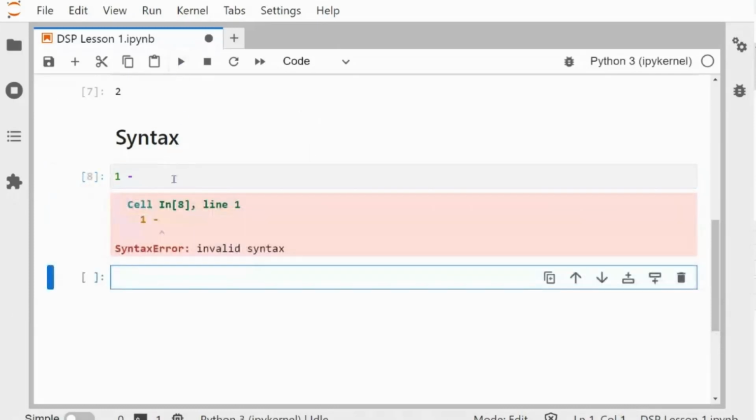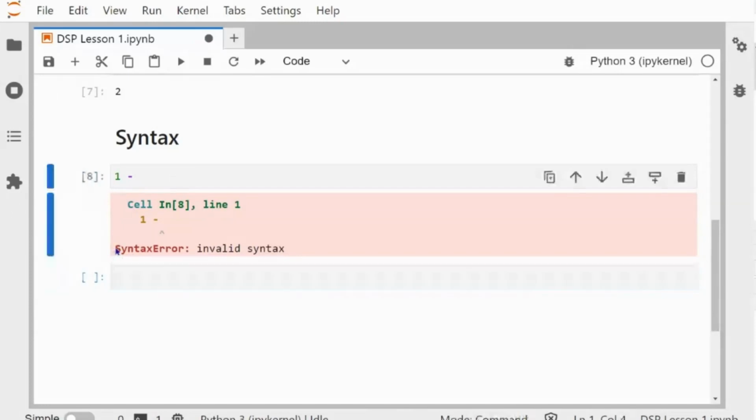Oh, we got an error. No, just kidding. We knew that was going to happen. We just didn't know what it was going to look like. So Python does a good job of telling you what kind of error you've got. So here it says syntax error, invalid syntax. It also tries to show you where it believes the syntax error happens. This is pretty accurate here. It's not always that accurate though when you get into more complex code, but it's pretty helpful. It just does its best.